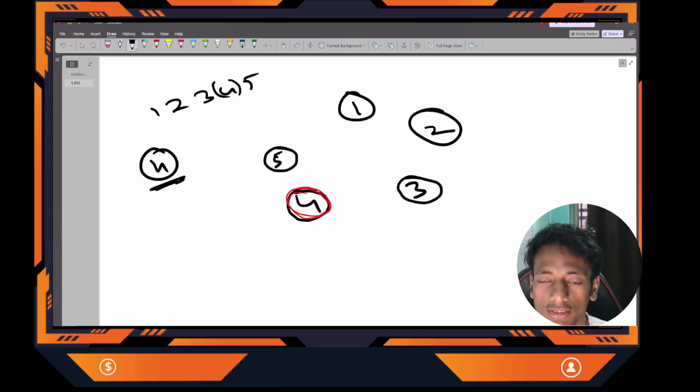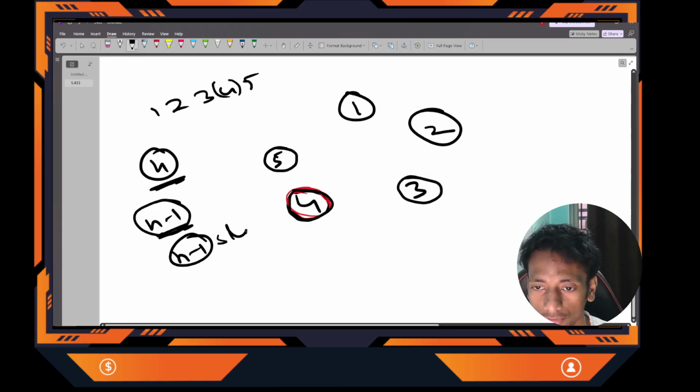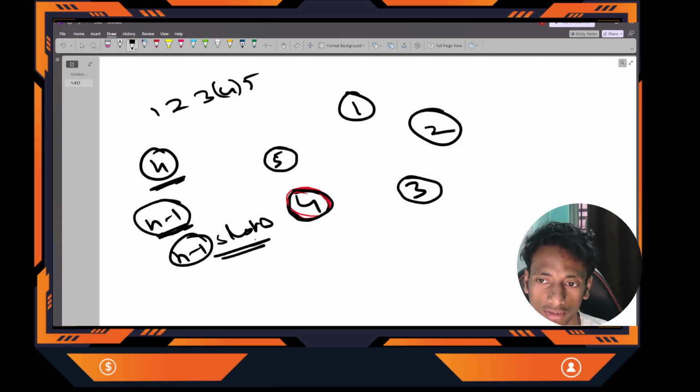So how shall I calculate this? It will be n minus 1, because one person already has a negative balance. The other persons have non-negative balance. It may be 0, but it will be non-negative. So that's why I have to check only n minus 1 slots. I'll check that if I have already explored all n minus 1 slots and still have not been able to reach the target,